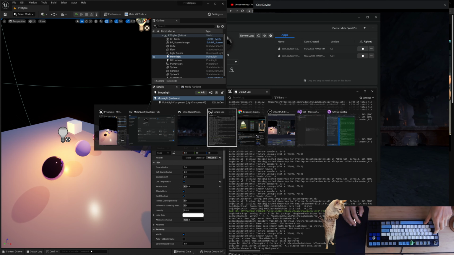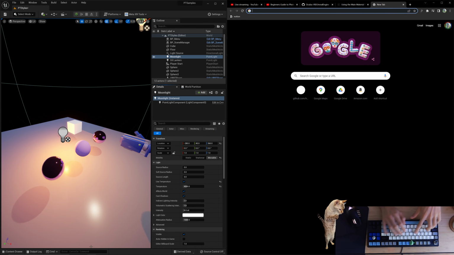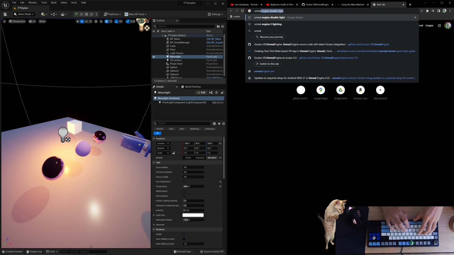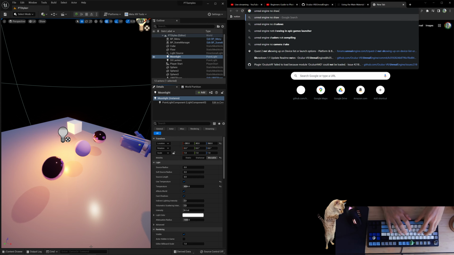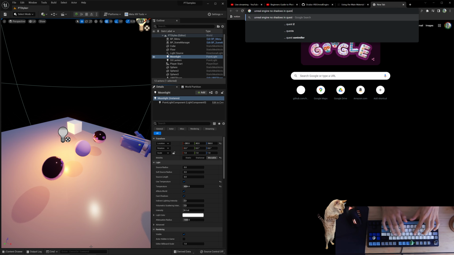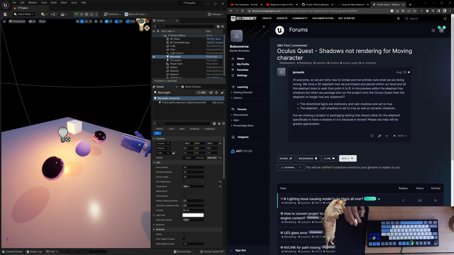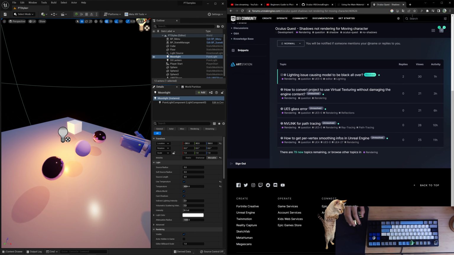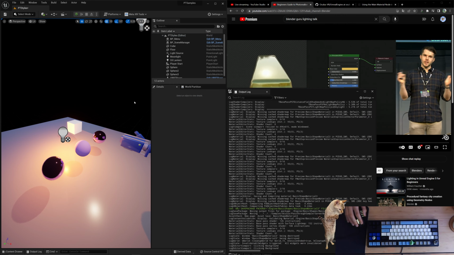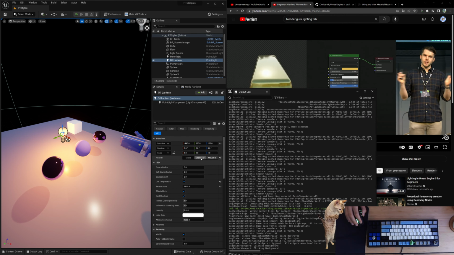Let's see if we can figure that out. Unreal Engine, no shadows in Quest. Nothing to do there. So what if we instead change this to stationary